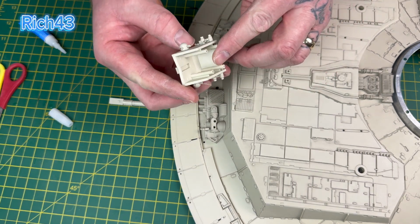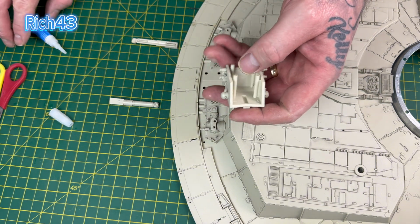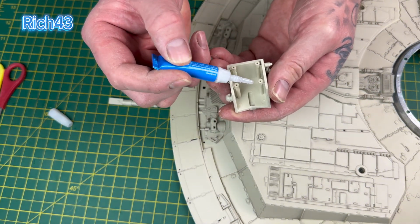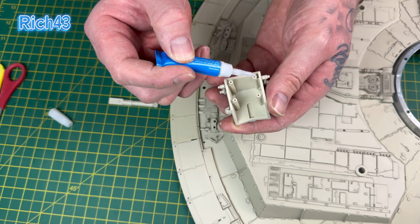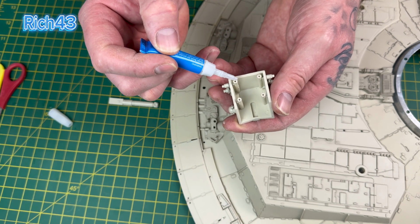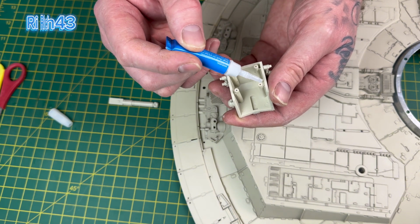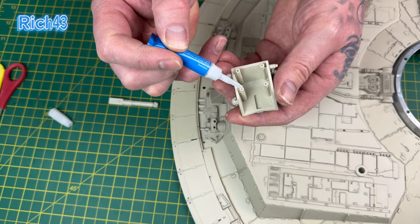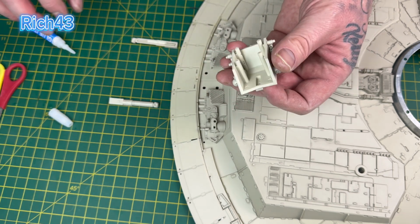And you can see the 4 lugs here. That's just going to be placed in between the machinery parts there. So again, apply a bit of glue on the ends of these lugs. When I used to see this build being done, I really thought it was going to be really complicated. The hardest bit of it really is following the instructions of putting the framework together. But apart from that, and that's not too difficult,